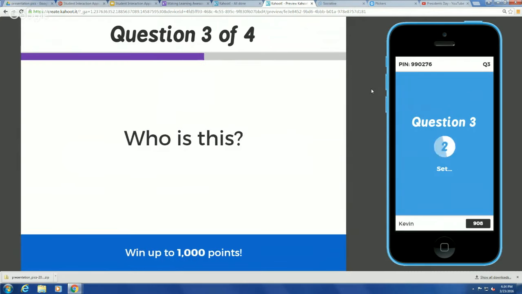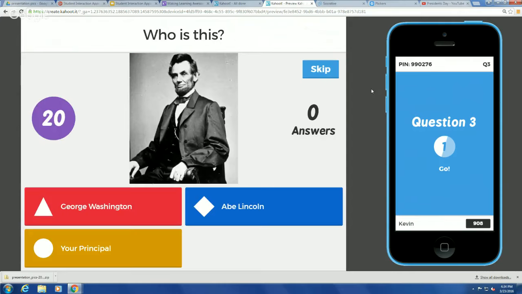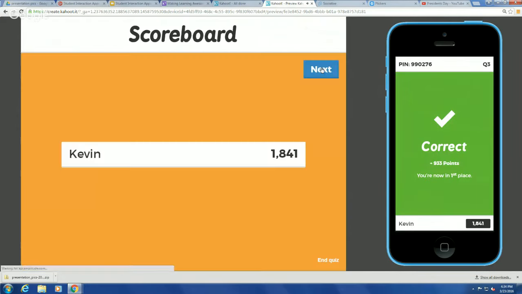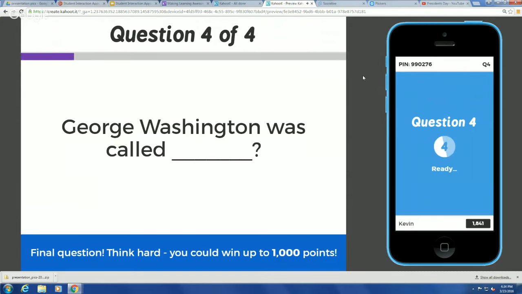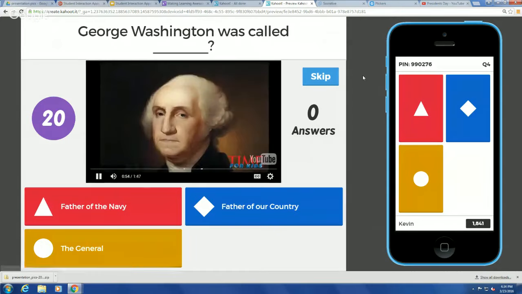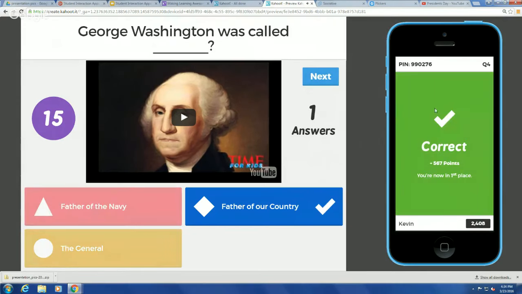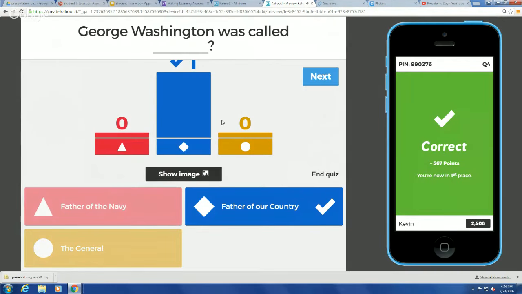Another question. We did the duplicate. And the last one will be the video. So as you can see, it will go through and show the video. After it's through, it will start the timer. Students come through, they can answer. Teacher clicks next,